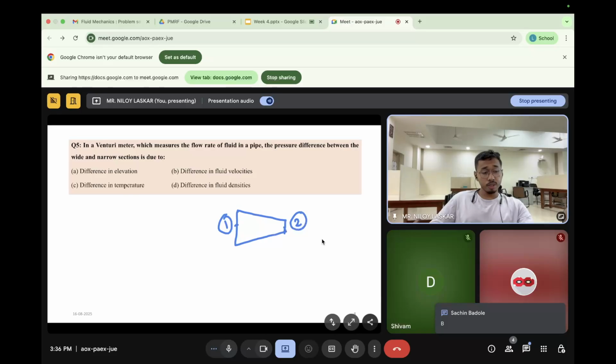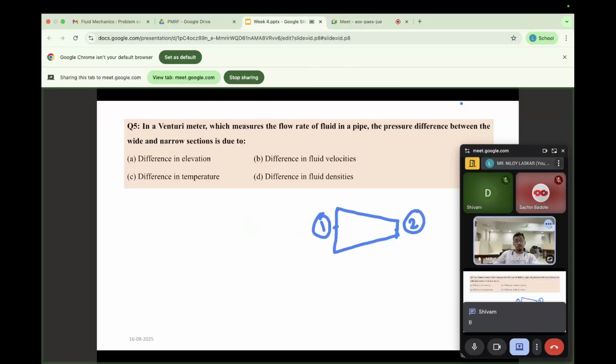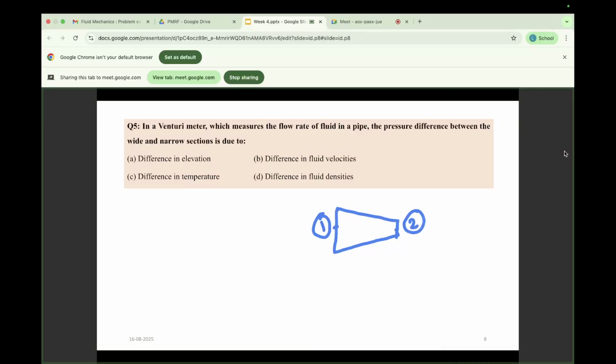Sachin said option B. What about Shivam? Shivam also said option B. Yes, it's option B. As I have told you, just remember this concept. This is point 1 and this is point 2, right? If I apply the Bernoulli equation, what is the total energy? For point 1,